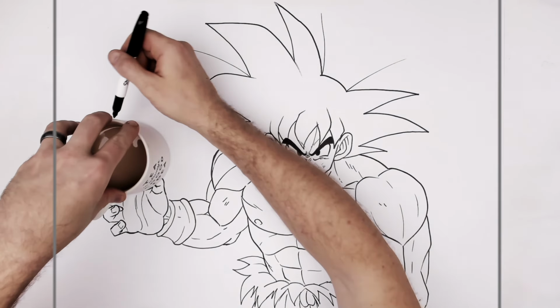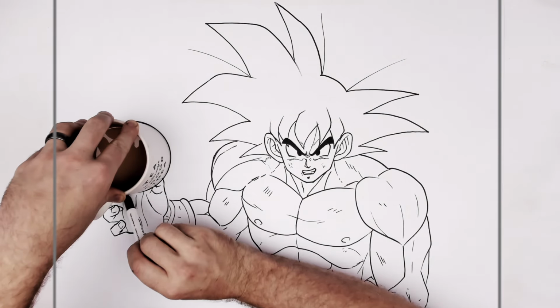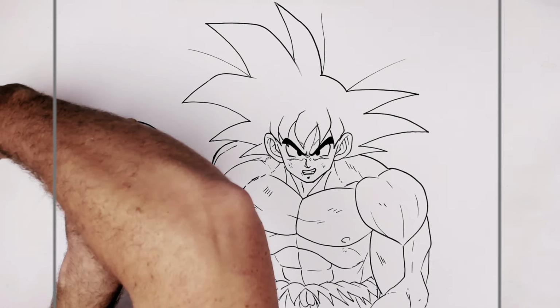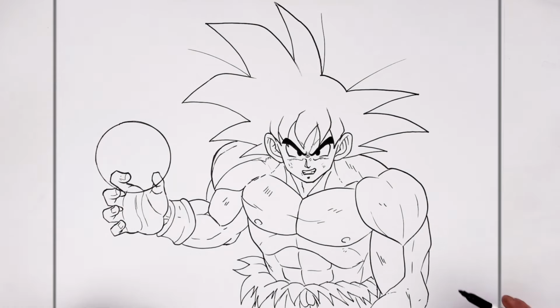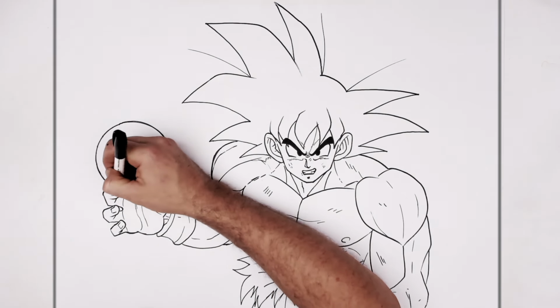I'm doing this. I'm just going for it. I'm ruining the bottom of my cup. My wife will not be happy with this. She'd be like, "What did you do to your cup?" Okay. That is the perfect size. I'm surprised. That never works out. Right, and then